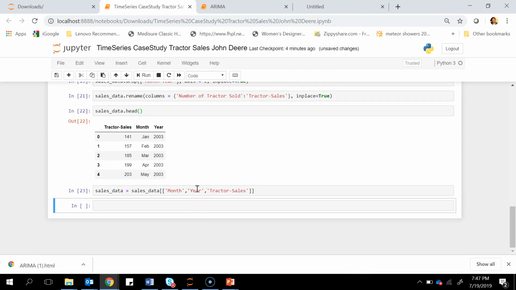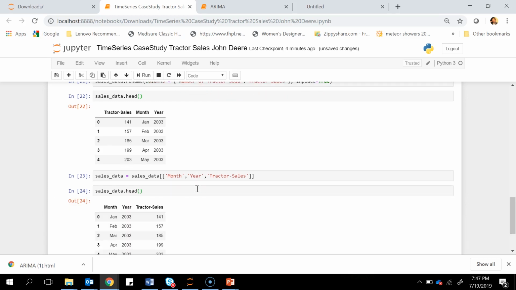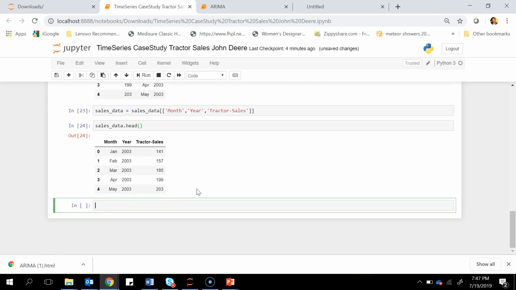So now that we have renamed our columns, we've got it in the required format. We'll just look at everything to see if it's correct. Yes, so this is the required format. Now the last thing that I talked about was changing the index from 0, 1, 2, 3, 4 to the dates, right? So let's go ahead and do that. It's a simple operation.